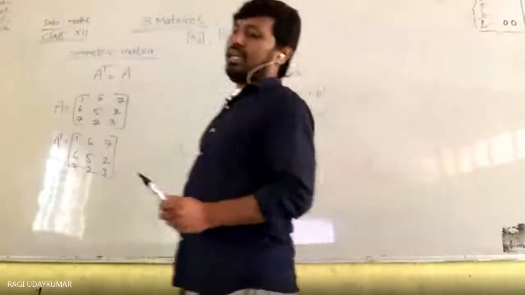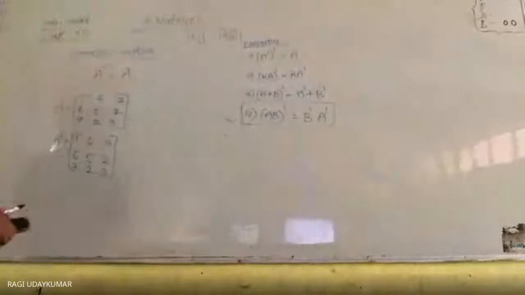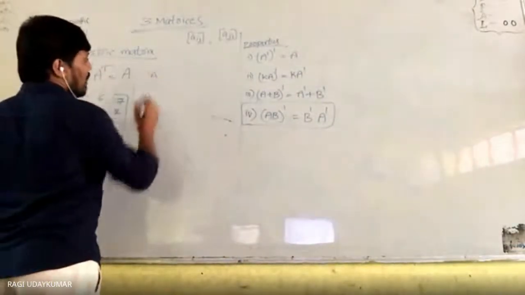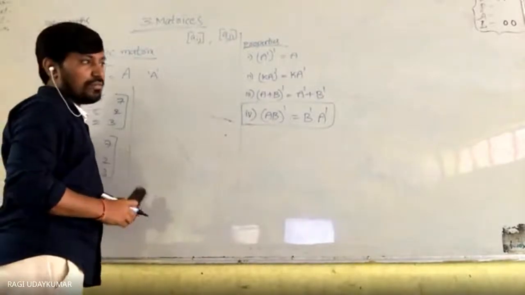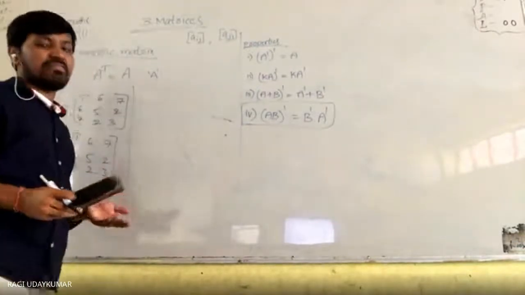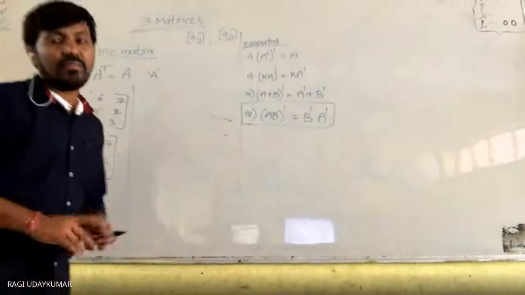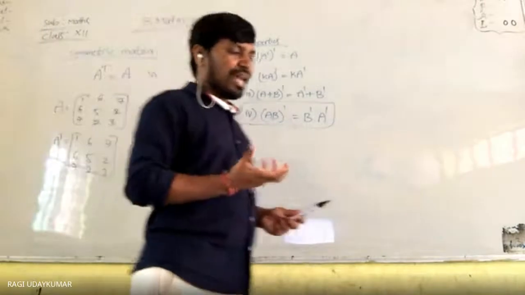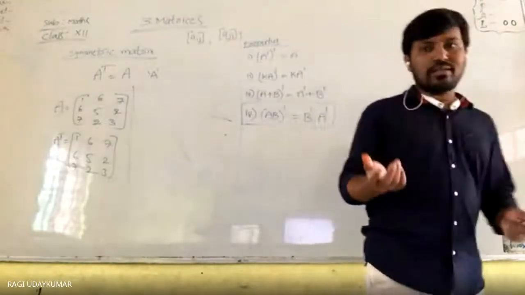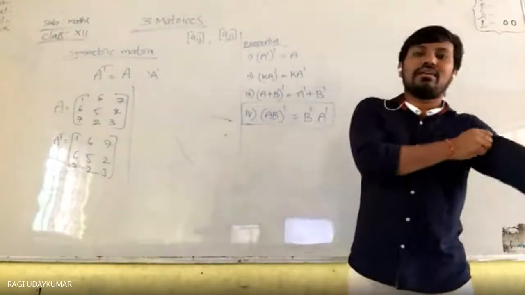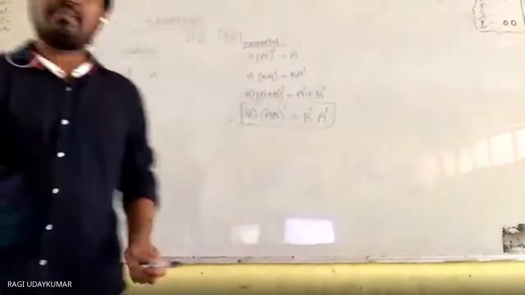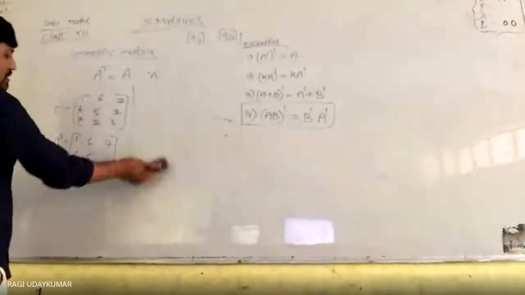Yes, sir. Okay, so here this is one way of getting a symmetric matrix. The other way is, if A is any square matrix and you want to create a symmetric matrix from it, any matrix can be written as a sum of two matrices, and then you will get a symmetric matrix. I will tell you about those properties very clearly later. A symmetric matrix is nothing but this one.